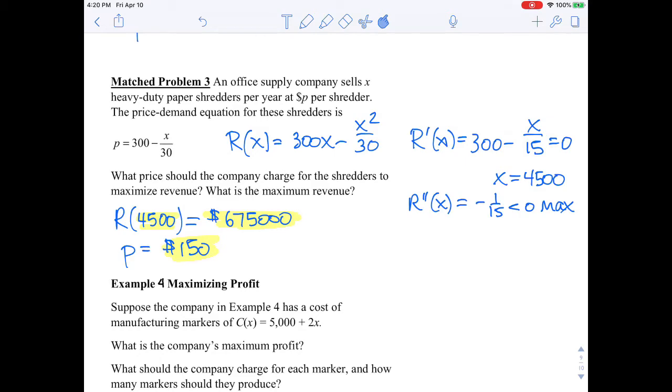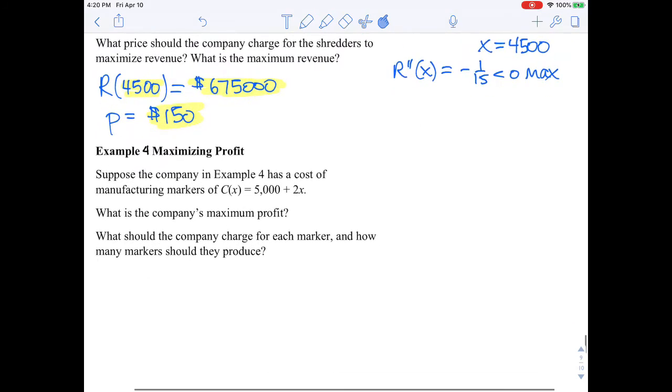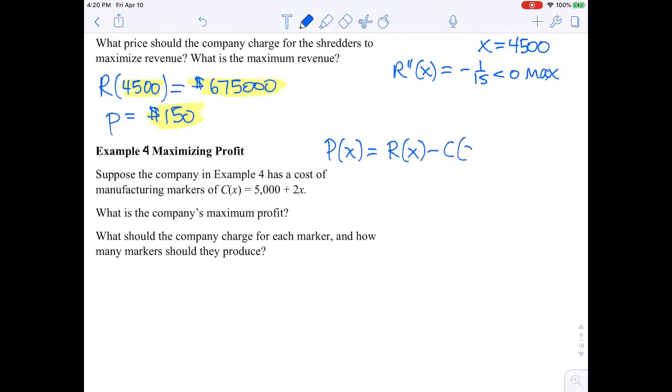Okay, so that was revenue. Let's look at maximizing profit. So if you recall, profit equals revenue minus cost. So we're going to use our previous revenue from the example that I did, and that was